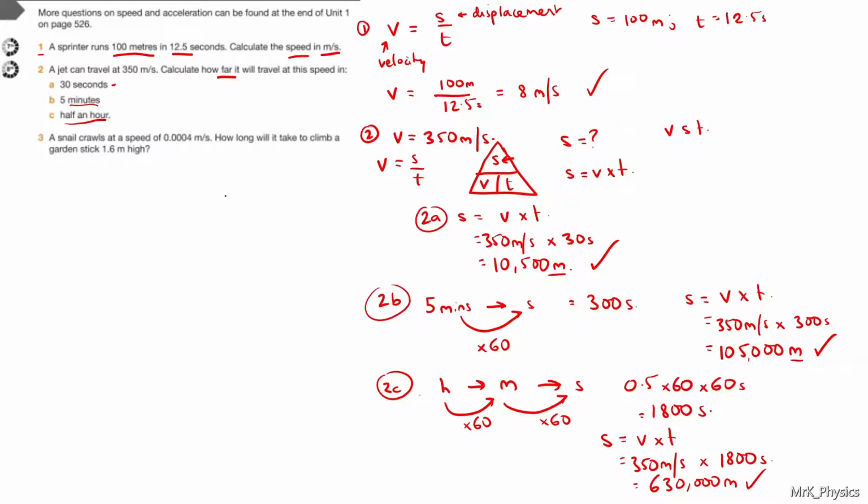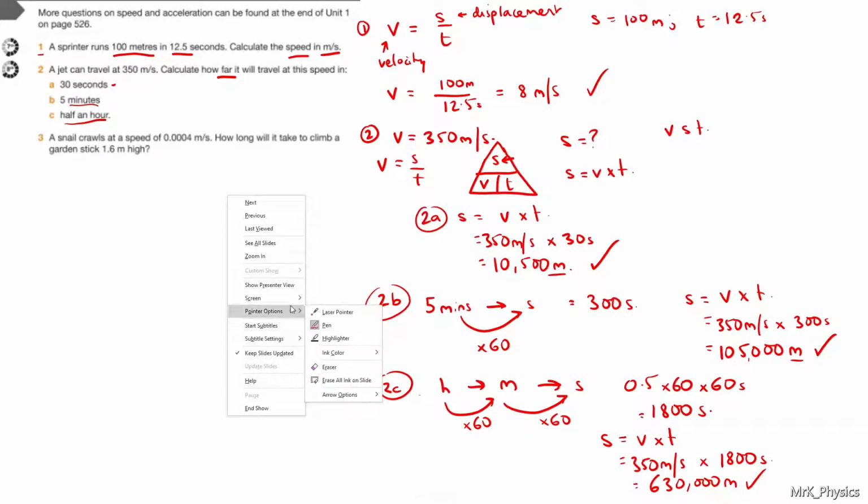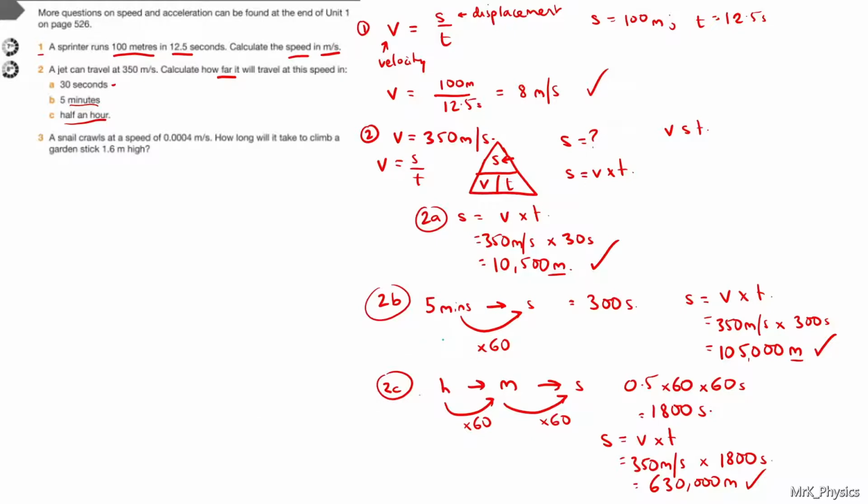Now what I'm going to do is I'll do number 3 on the left hand side of the screen over here, but I'll do it in a different colour just so it doesn't get too confusing. Okay, so let's do this one over here. So number 3, in blue. This time have a look at what we've got. So we're just going to write down some of our data. So our speed there is 0.0004